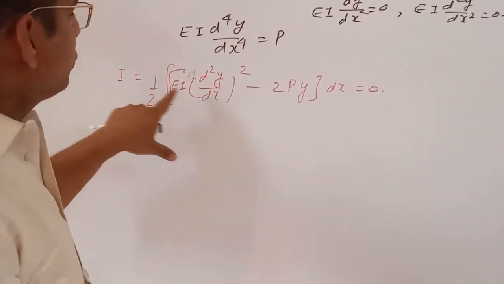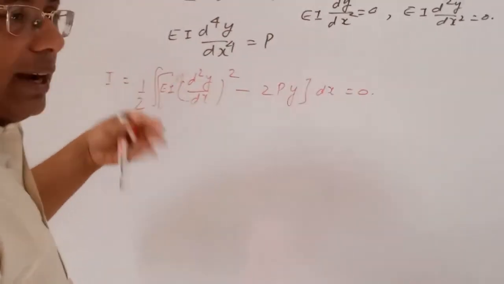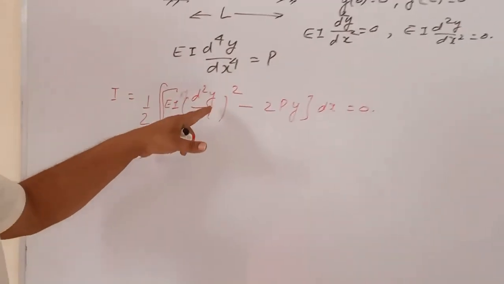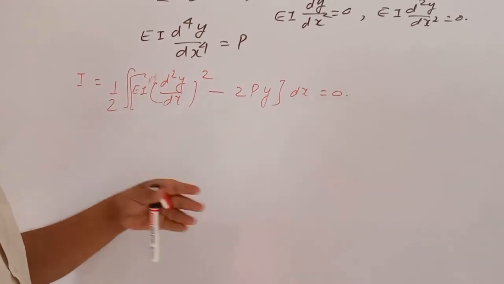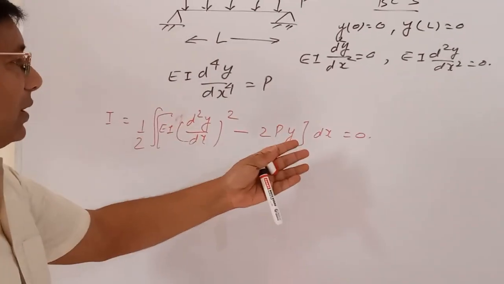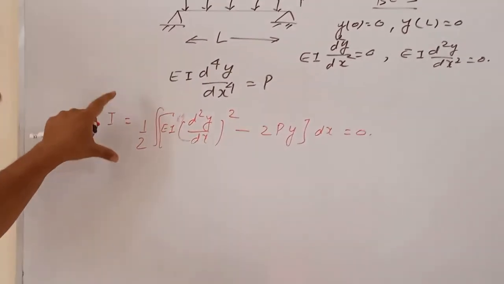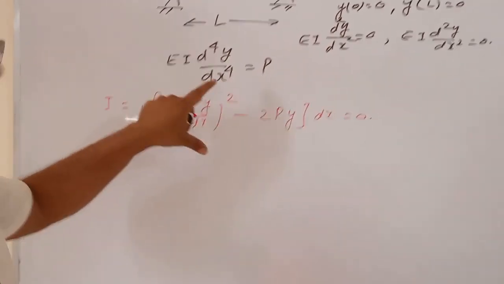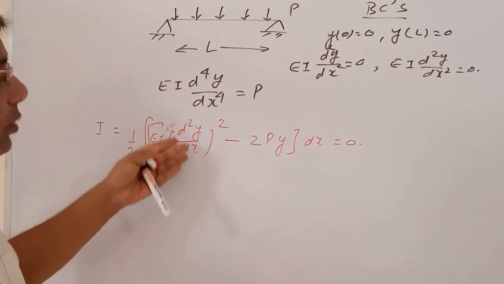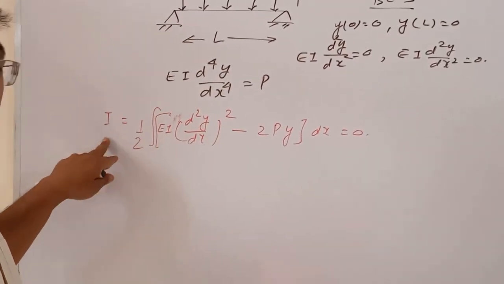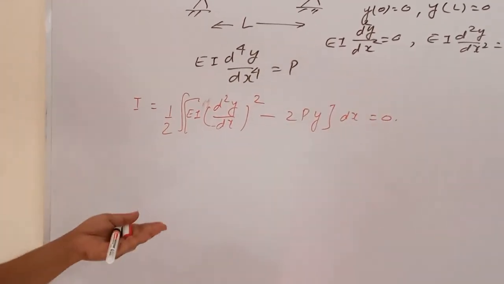Now what can we do in the finite element method? We take one approximate function for y, and with the help of the Rayleigh-Ritz method or other methods, we try to solve it. So you can see how much life becomes easy if you reduce the problem to the variational problem. Again, I want to tell you that not all problems of structural mechanics can be solved